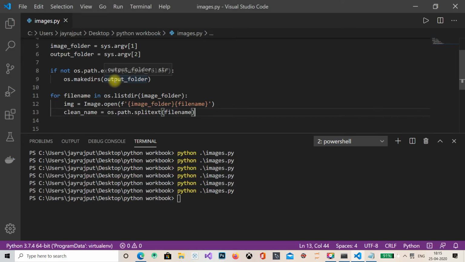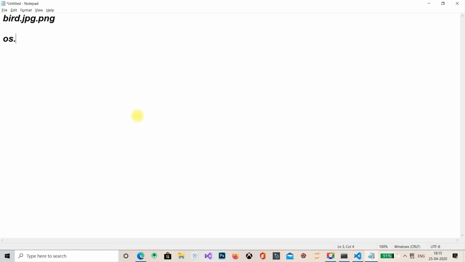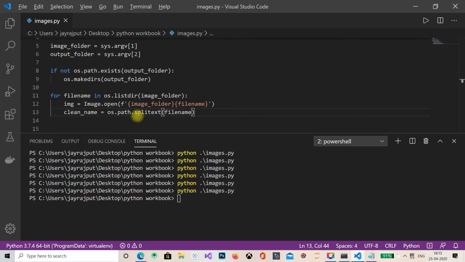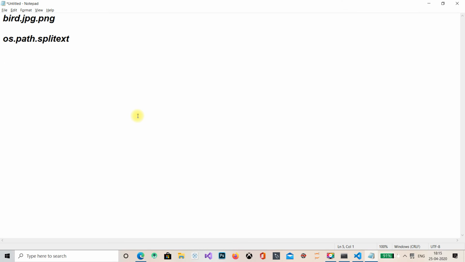So what this code does is os.path.splitext. It changes the name of the file. No, it's not changing the name of the file, it's actually splitting the name of the file. Like I have a j.jpg filename. What it will do is keep j, and it will separate jpg. This code will do this thing.